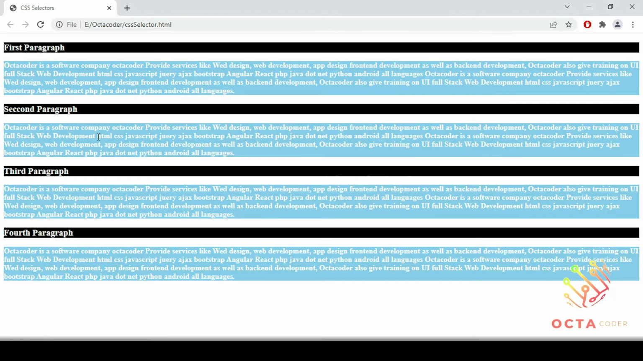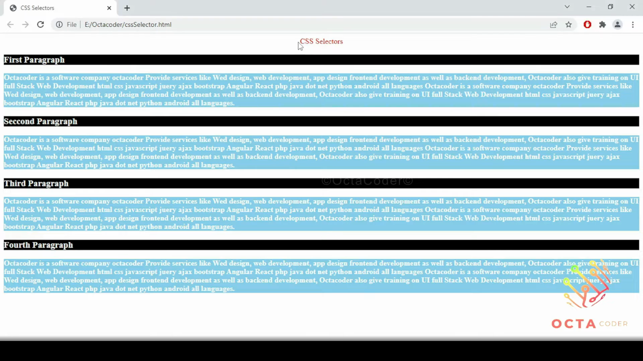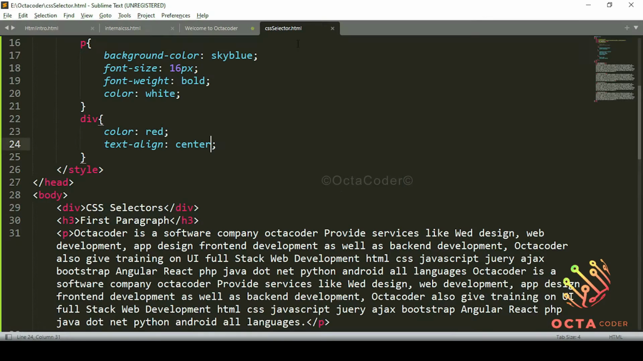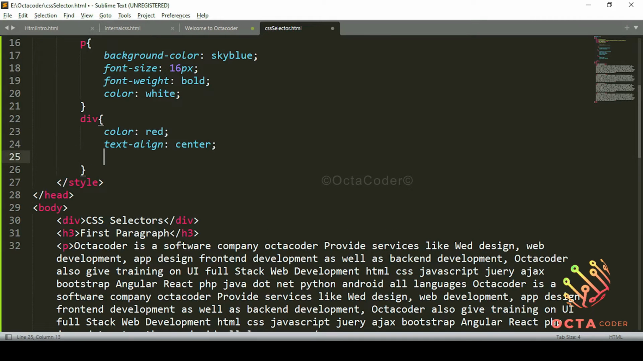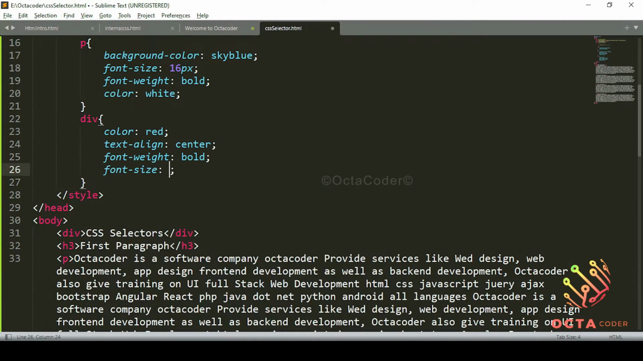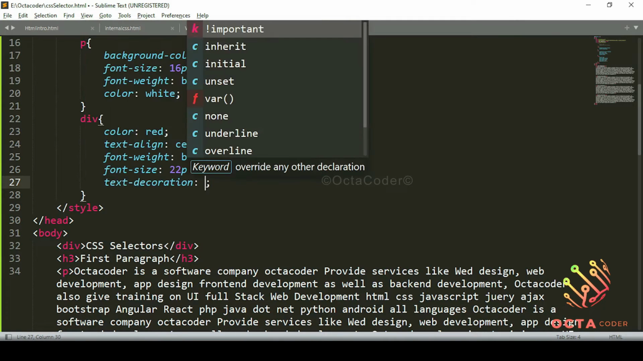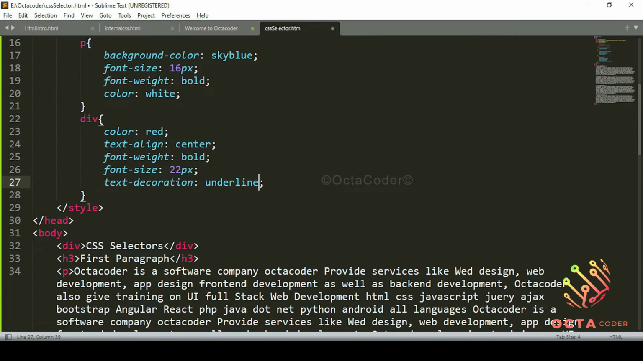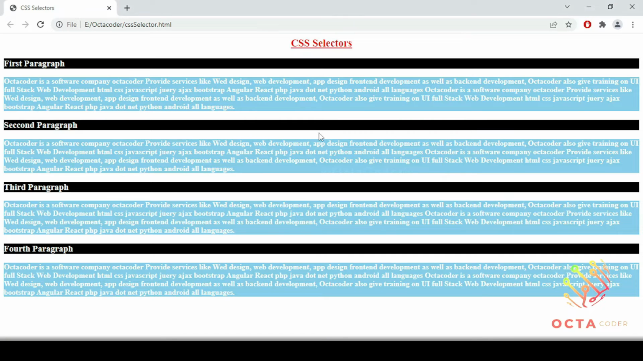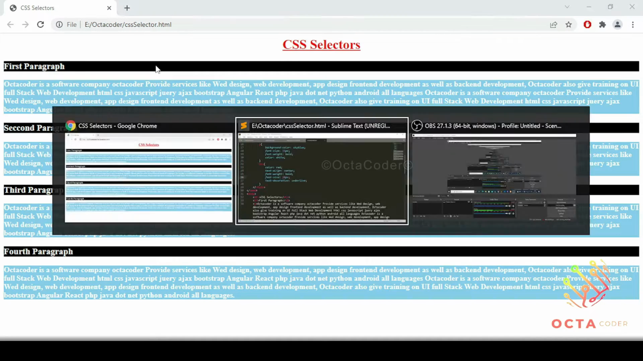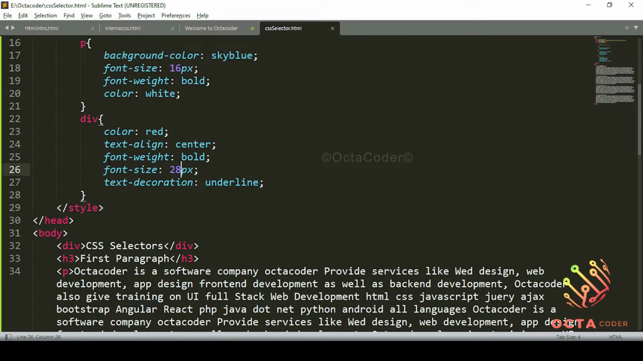Save this file, refresh the browser. CSS Selector here, this is the div tag, so we gave center, so it comes here. A font size 22 pixel. Save this file, refresh. If you want to give underline text decoration, underline. So see, that's how we can select the div tag and paragraph tag, whatever the tags, we can give